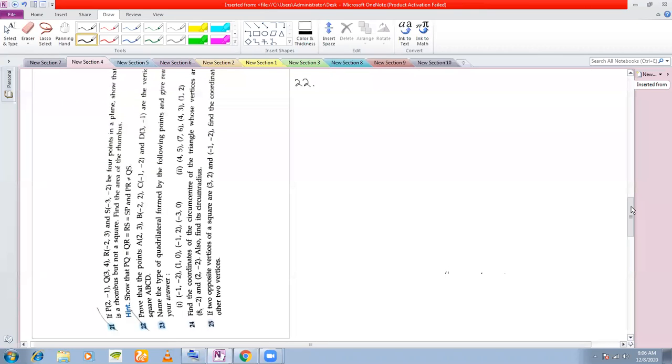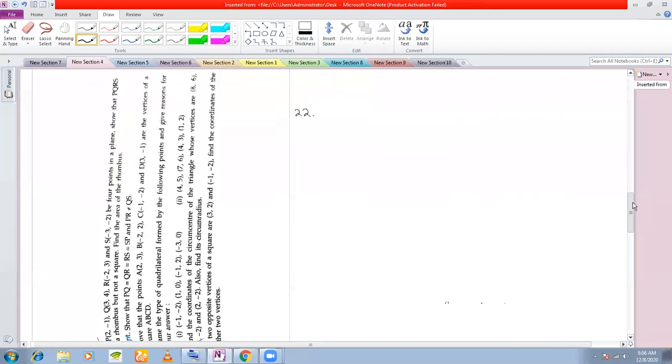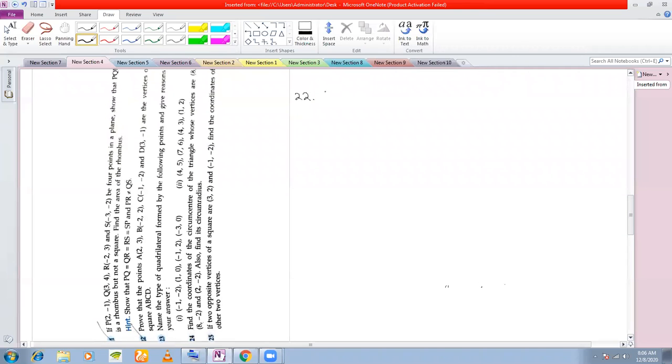The problem states: prove that the points A, B, C, and D, with four given coordinates, are the vertices of a square. Okay. Let's list down the vertices first. The given points are